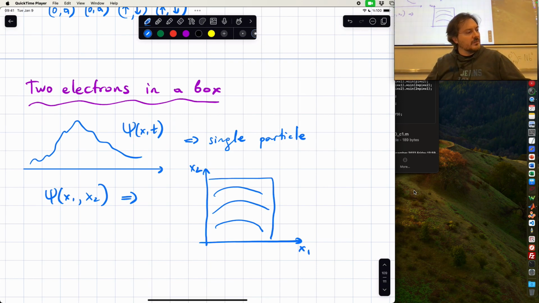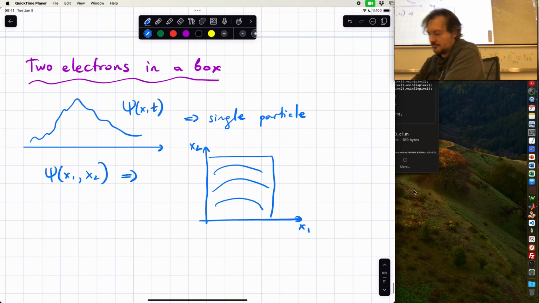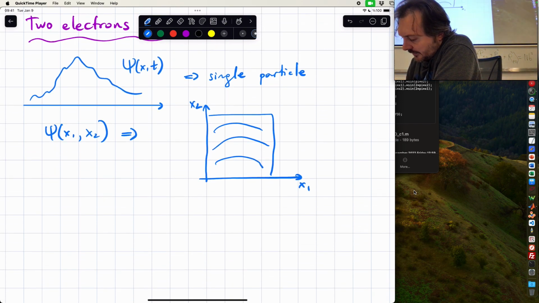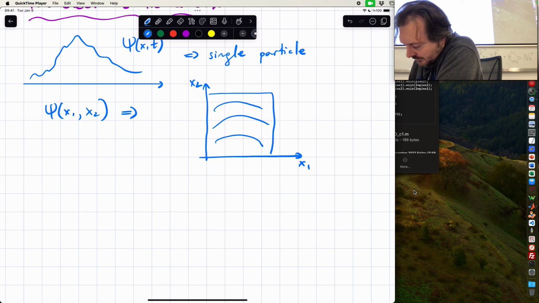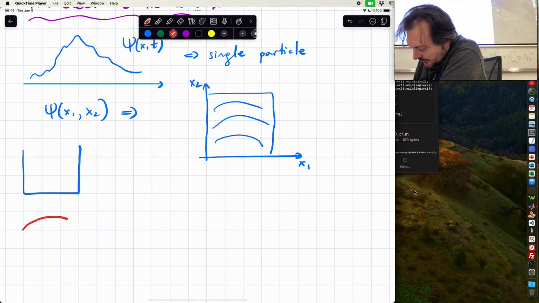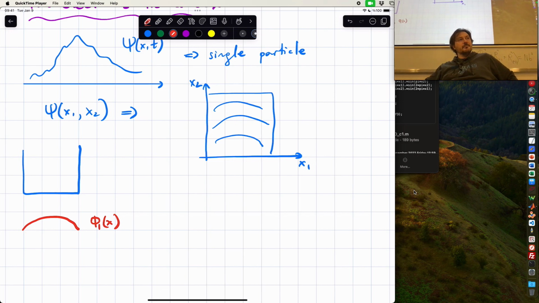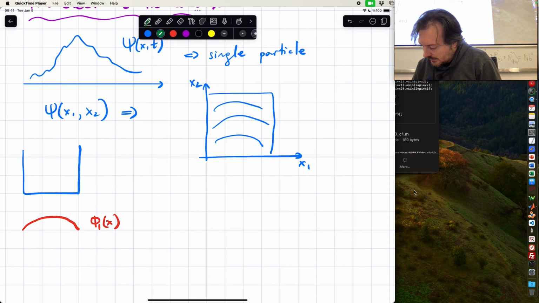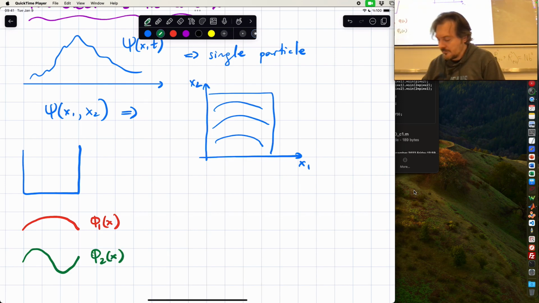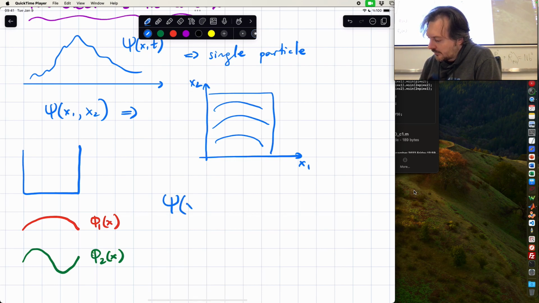So how can you build a symmetric function? Let me talk about symmetric function, symmetric space function. So let me show you something. This is a box, and this is phi 1 of x. Do you agree? Just one particle. And this is phi 2 of x. Now I want to construct phi of x1, x2,